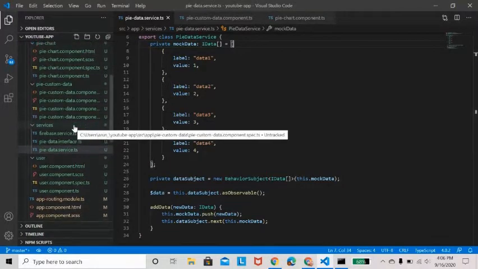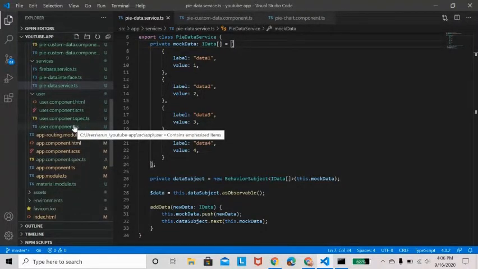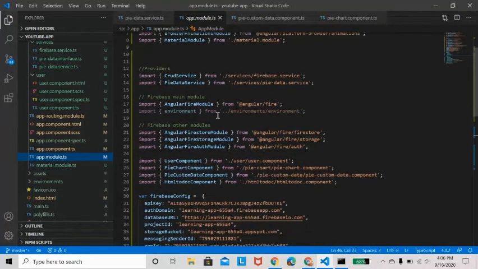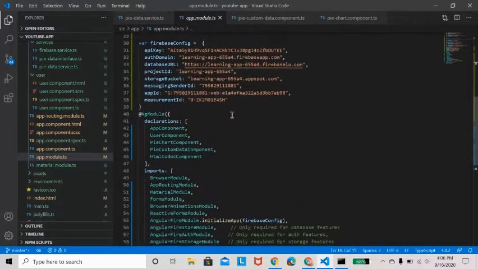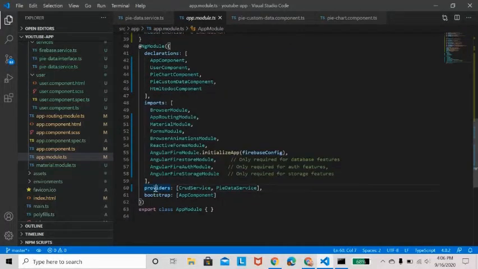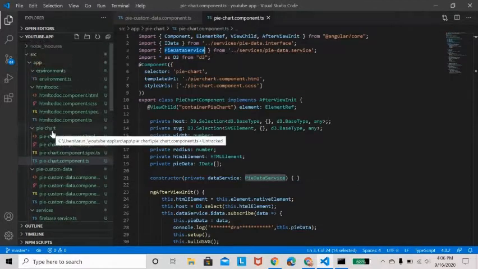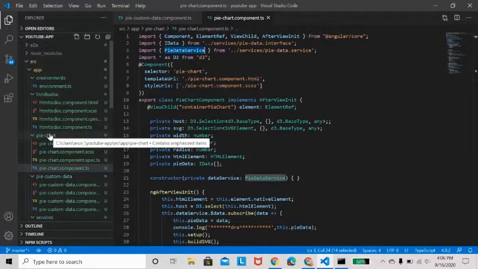Once these two files, the service file and the interface file, are created, I import those two files into our PyData service. I have to import this PyData service into our app module TS file and add it in the providers section. Once it's done, I'm going to create my component file, that is PyChart.